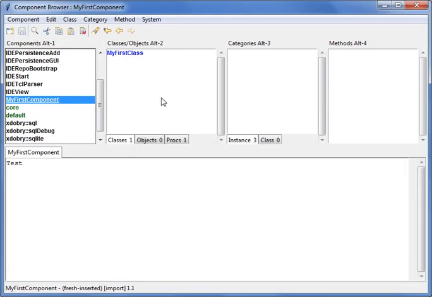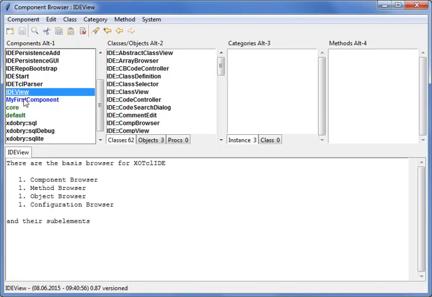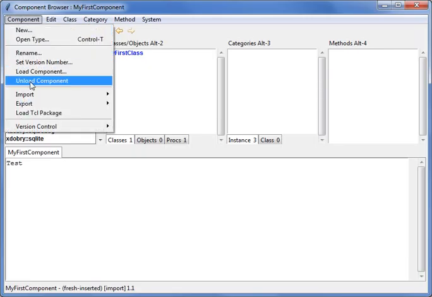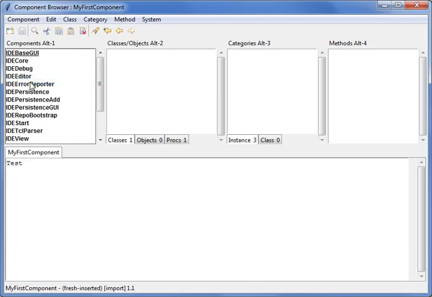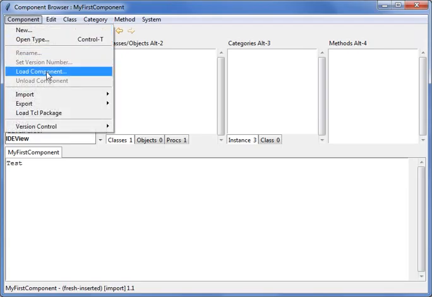What about using the repository? One important functionality is how to load something and unload it from the repository, and for it you can use the unload menu item. There is the menu item unload component. So this component is removed. All classes are removed from the interpreter. You cannot use it, but it is still in the repository. It's persistent, and you can load it again by this menu item.